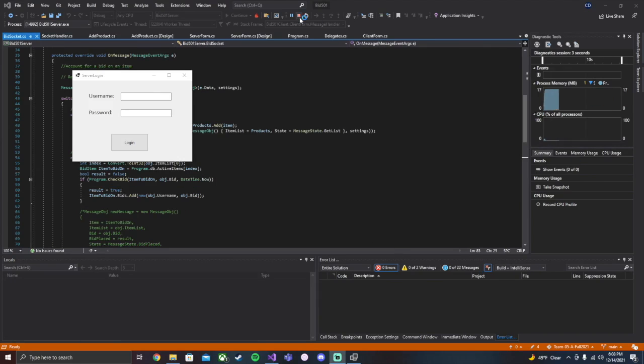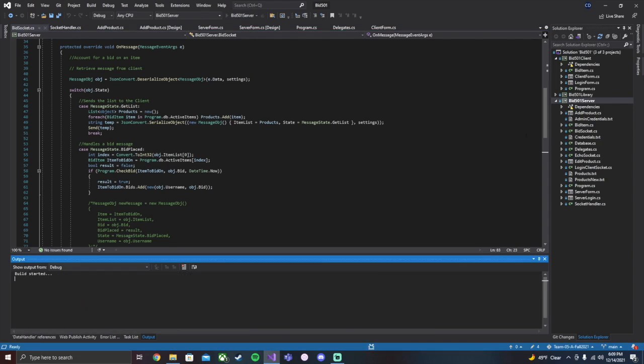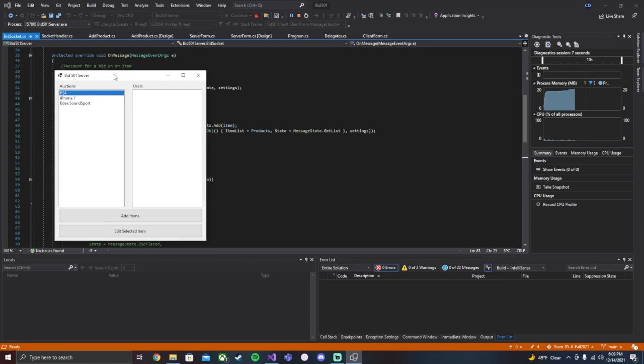Okay, so I'm just going to show off full functionality of the actual program itself, just so that Professor Valenzuela is completely aware of exactly what the program is capable of doing. So yeah, we're gonna launch up the Bid501 server, prompted with this login screen as shown in test case 1, log in with the admin and password,